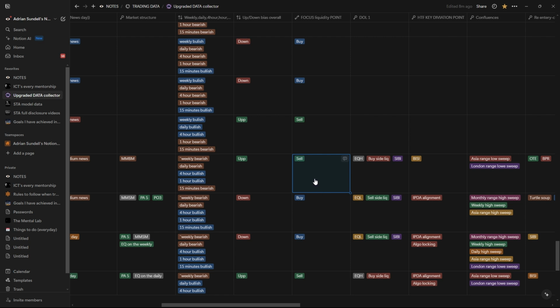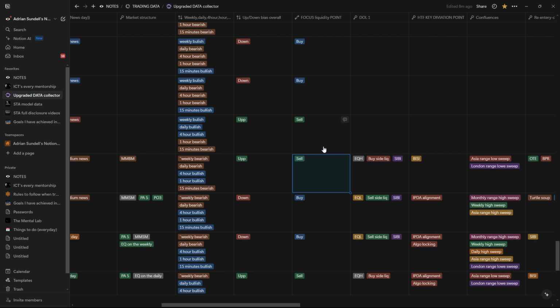And it sells liquidity in two forms, right? So this is what I annotate as well. So what is my focus liquidity? Focus liquidity is pretty much the liquidity you're focusing on, because it's the liquidity which the IPA needs to take out or sufficiently balance out for it to go to and manipulate to that area, which is the draw on liquidity. Now it can be sell side liquidity, and it could also be a buy side inefficiency.